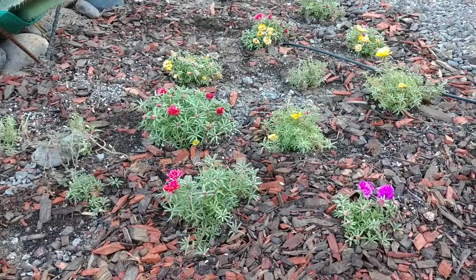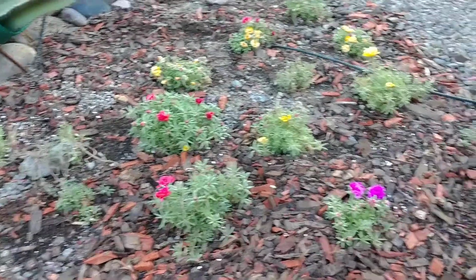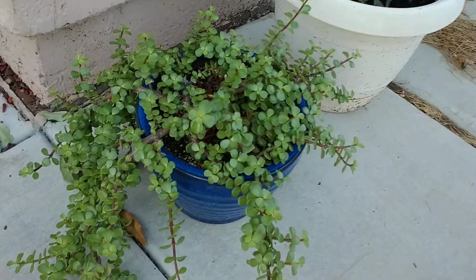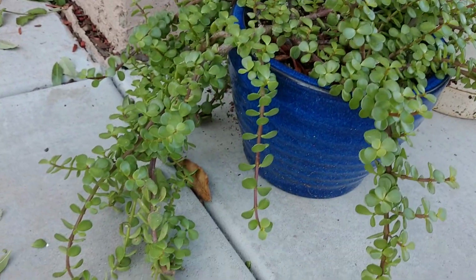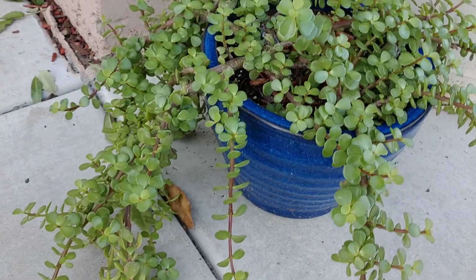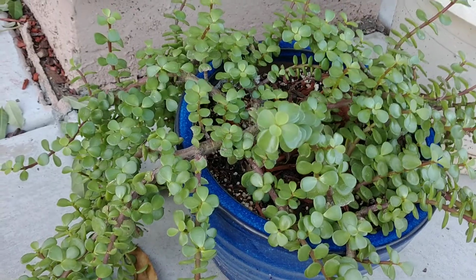So Portulaca is edible, and I'm going to pan over here to this elephant bush, or elephant food. It's from Africa. It got its name because elephants actually eat it. This is Portulaca. Now I'm going to come back over here